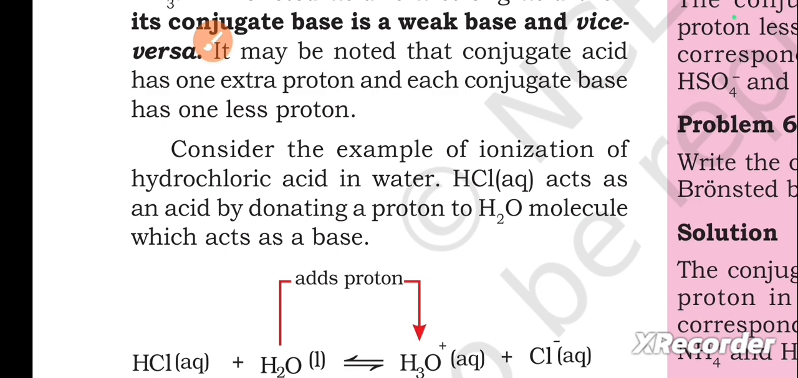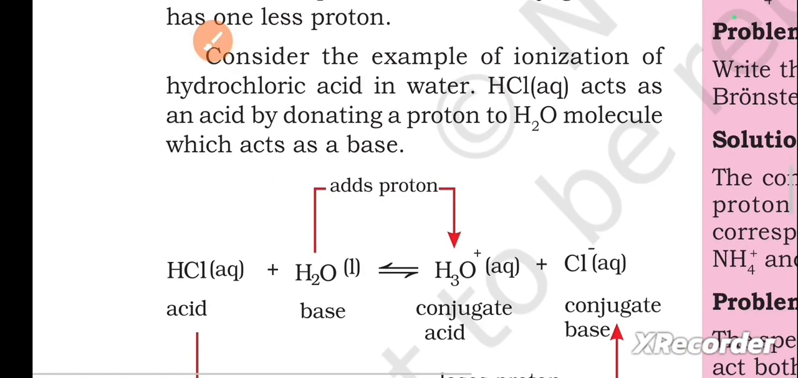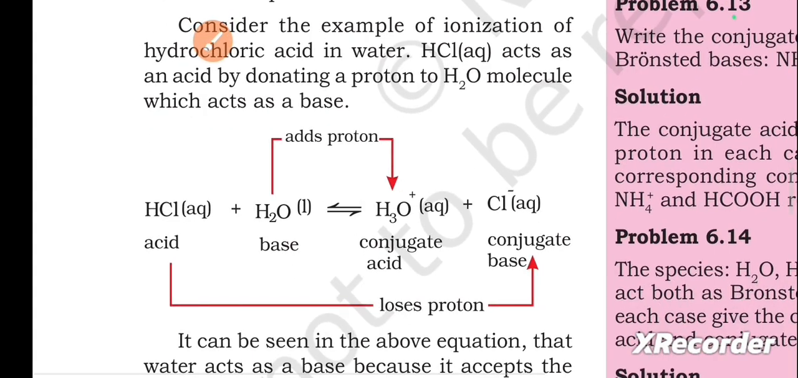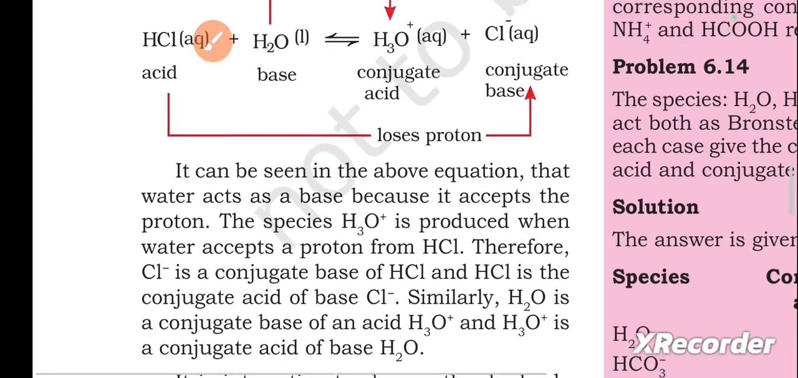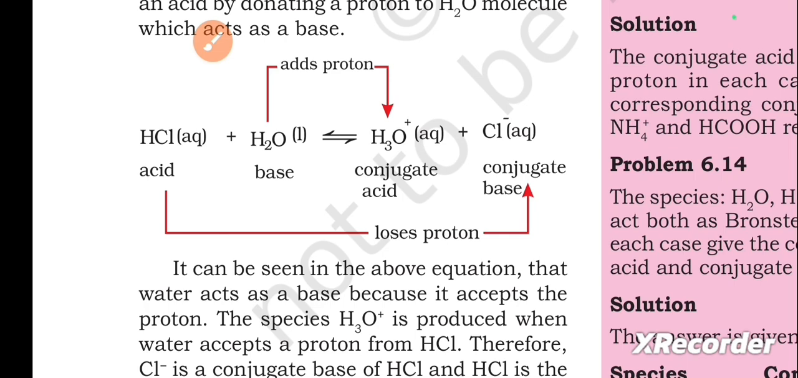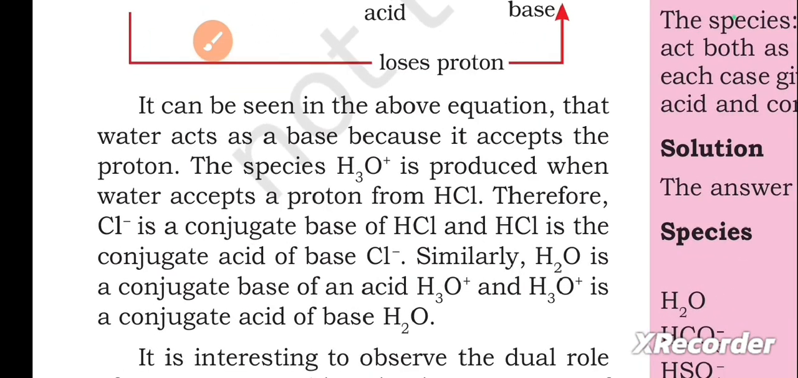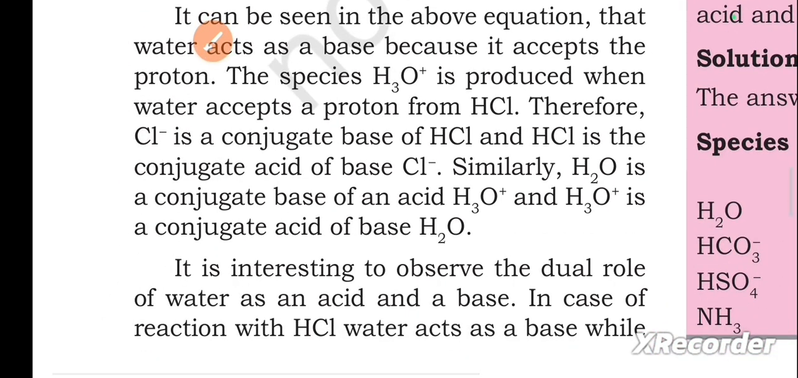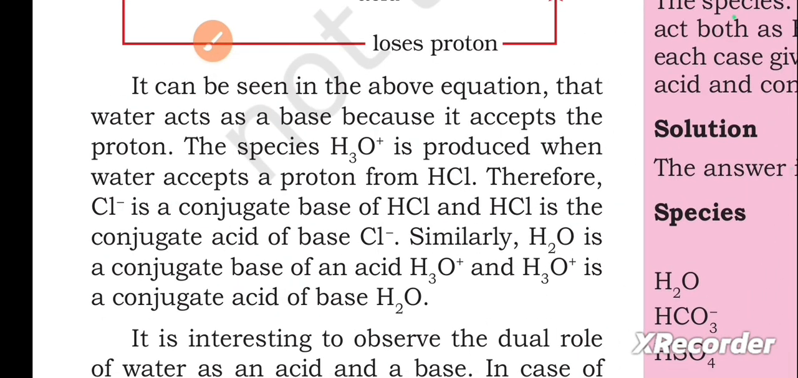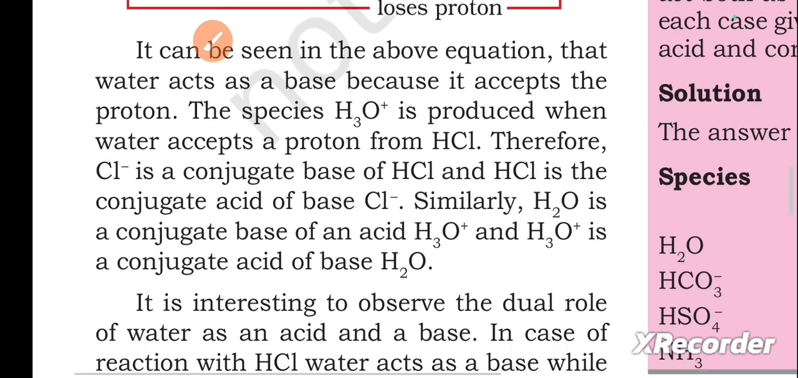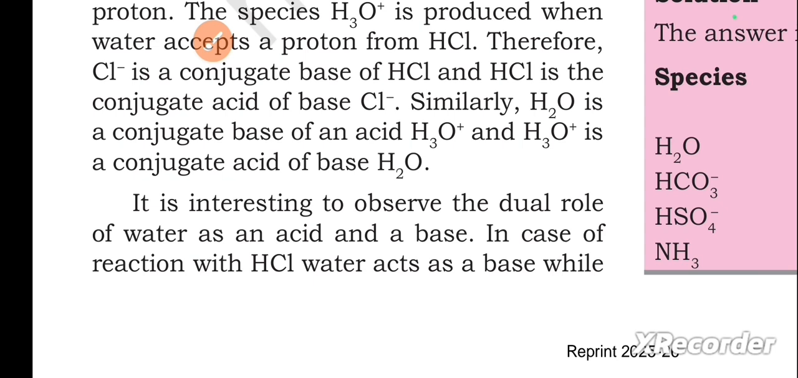Consider the example of ionization of hydrochloric acid in water. HCl acts as an acid by donating a proton to the H2O molecule, which acts as a base. It can be seen in the above equation that water acts as a base because it accepts a proton. The species H3O+ is produced when water accepts a proton from HCl. Therefore, Cl- is a conjugate base of HCl and HCl is a conjugate acid of base Cl-. Similarly, H2O is a conjugate base of an acid H3O+